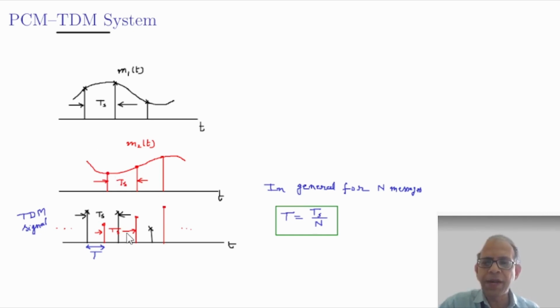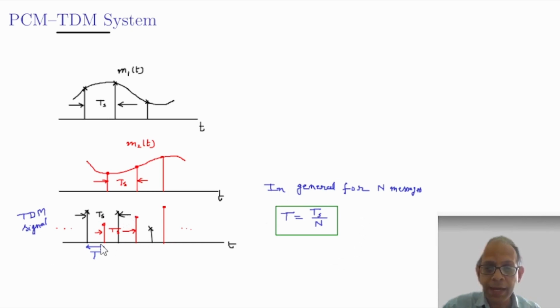It can be different, but if the sampling rates are harmonically related for multiple signals, then the scheme is easier to implement. So you can see for this example of multiplexing of two signals in time domain, we take a sample from M1(t) followed by a sample from M2(t), then the next sample from M1(t), then the next sample from M2(t), and so on, such that the time interval between two samples from the same signal is maintained at Ts,